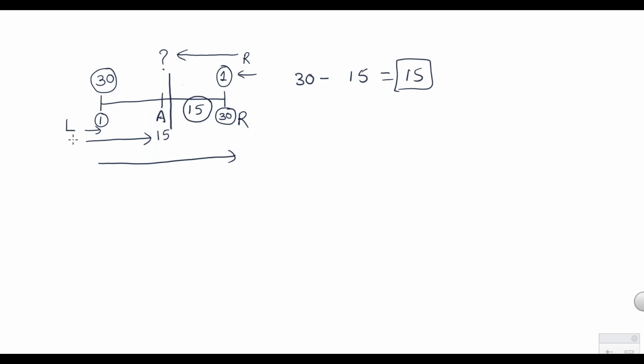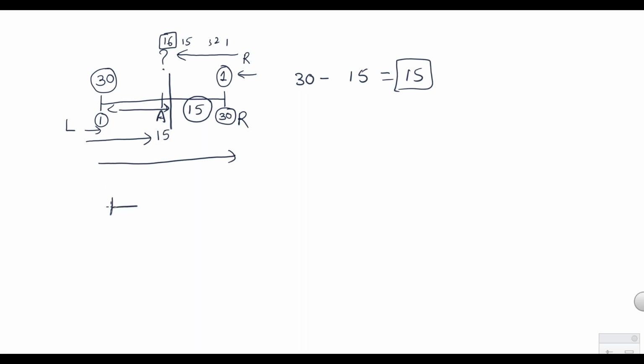Right. So total 30 members. Out of 30 members, if I subtract up to A, up to these 15 members, now we are left with the remaining 15 people. But in these 15 people, we don't have A. So when do we get A? If I start counting from the right side, I'll get 1, 2, 3, 4. After 15, I'll get A. Are you getting this? After 15 people, I'll get A, which means the position of A is the 16th position if you count from the right end.